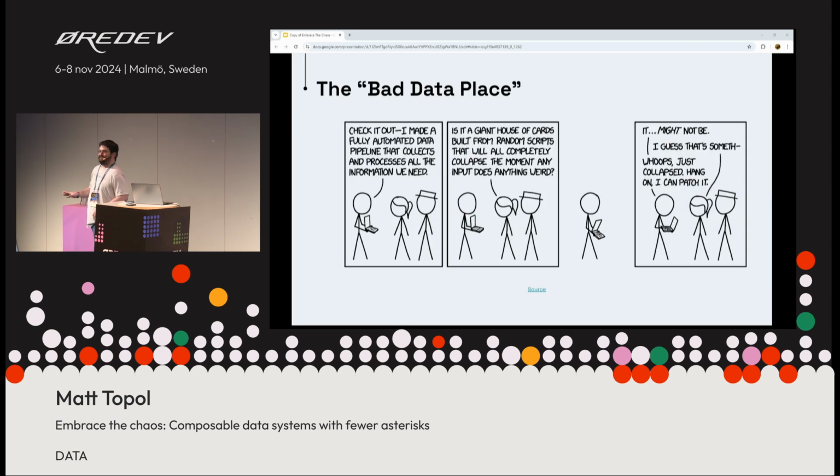We want to avoid the bad data place. When I'm talking about the sprawl, I'm referring to when you have all these one-off solutions. I know most of us have probably been in that situation where everything works except for this one thing. And so you do a one-off fix just to fix the one thing. And then a couple months later, we do a different one-off. And all these one-off solutions accumulate over time until eventually you just have this giant house of cards that just collapses.